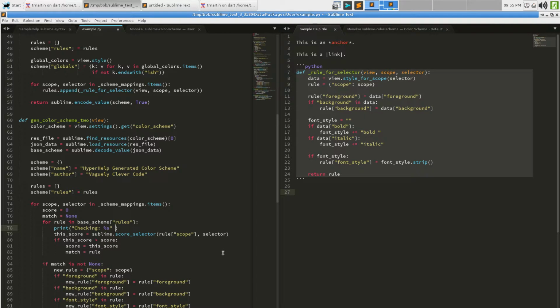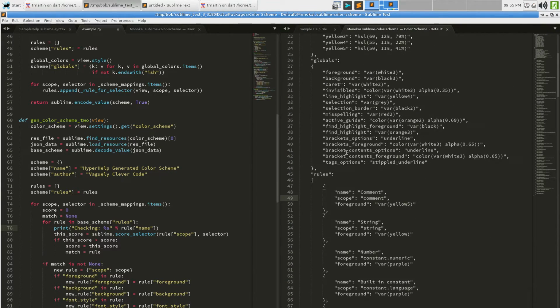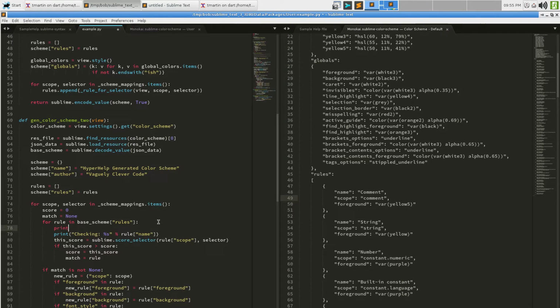And the rule that it's checking is rule name. Nope. Base scheme rules. That's this. Seems like it should have. Well, let's go ahead and just print rule then, shall we? Maybe I have messed something up entirely.